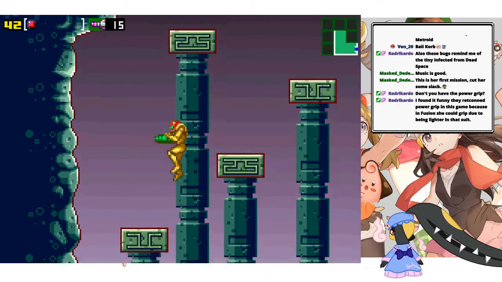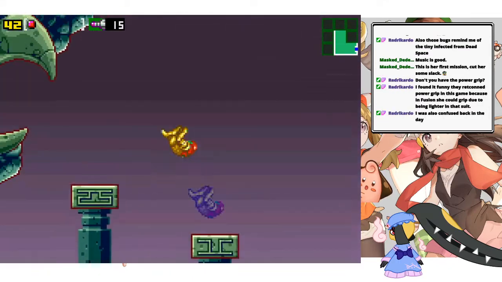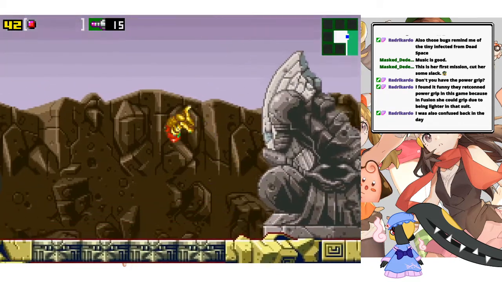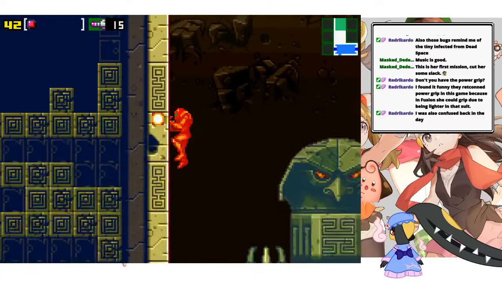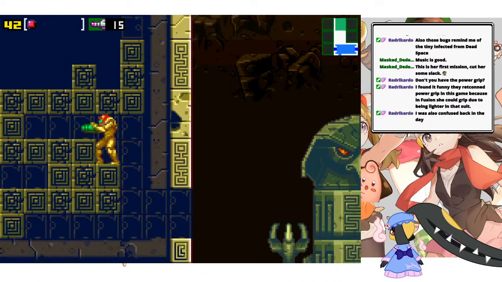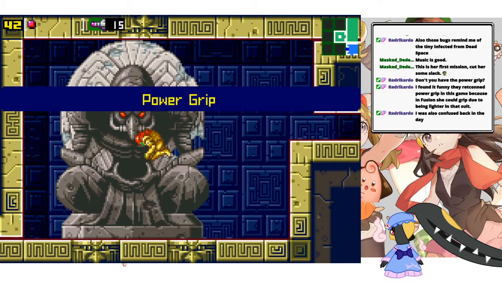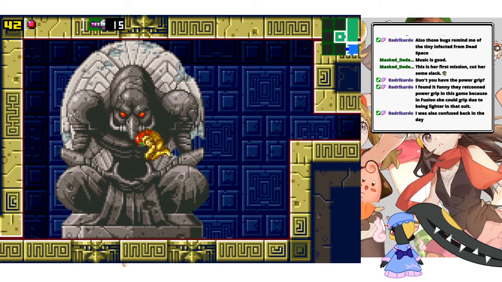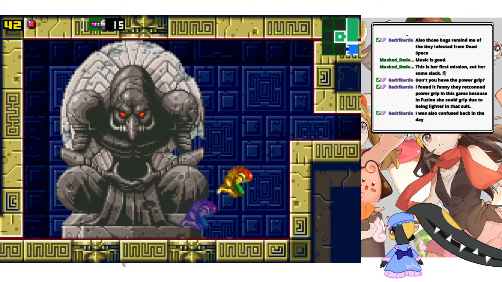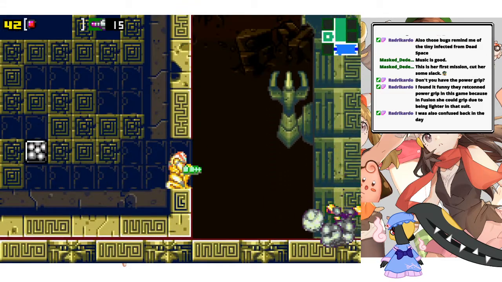Now the jumping is a bit better. I say that as I... No, wait, I don't even have it yet. What am I talking about? I get it down here. What I got was a mystery item, not the power grip. Why not? Really? This is the power grip. Now I can jump better. Honestly, it's the worst upgrade ever, if you ask me, but...